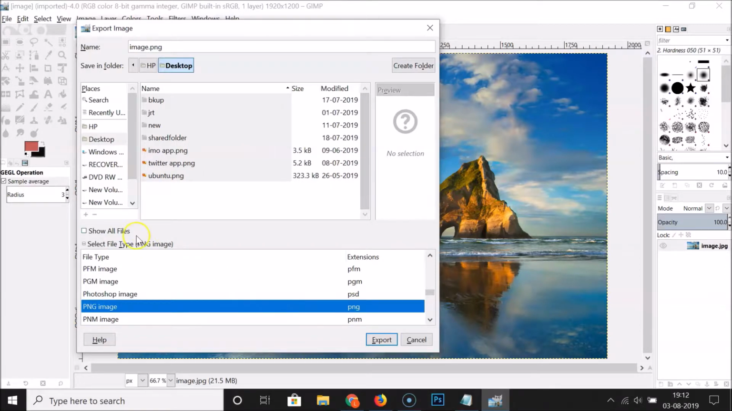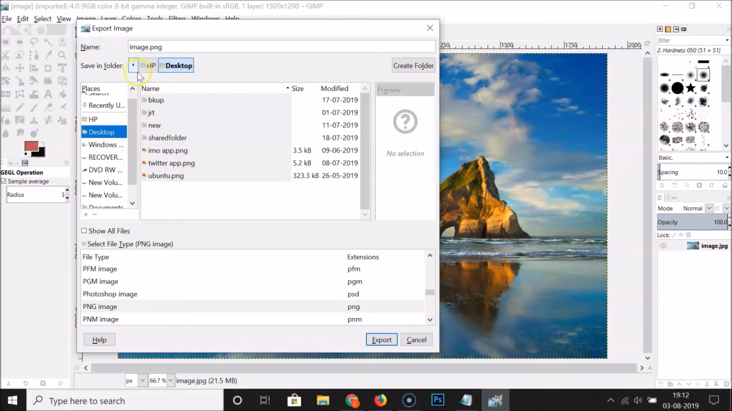After that guys, you have to select your destination where you want to save this PNG image file. I want to save it on my desktop, so I need to click on this to select it. And guys, you can also give the name to your PNG image file. I am leaving this as image. After that guys, click on this export button,